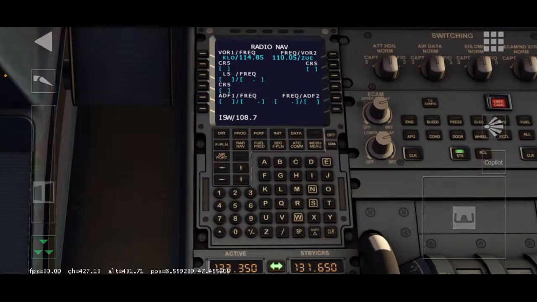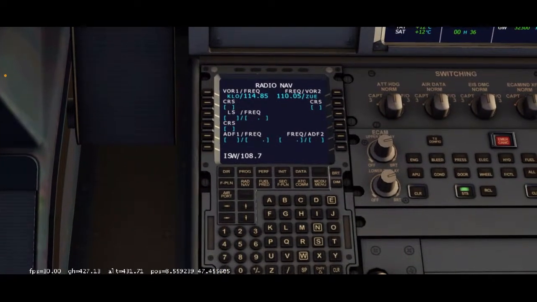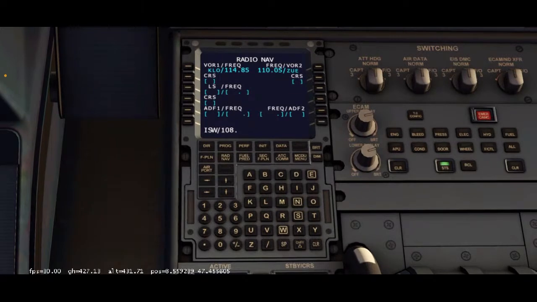Casper says I have Navigraph charts for simming. Nice. Yeah, I need Navigraph. Only type 108.7. Oh, okay. Awesome. What is CRS? This is very good information to know.